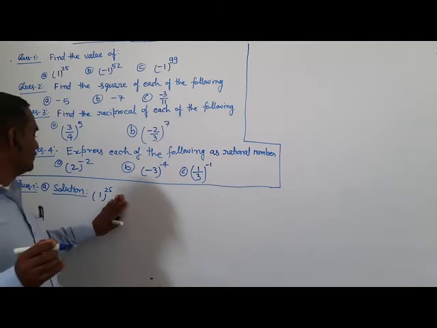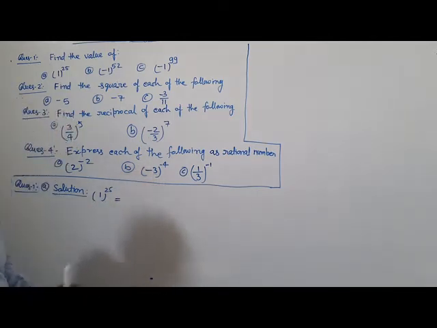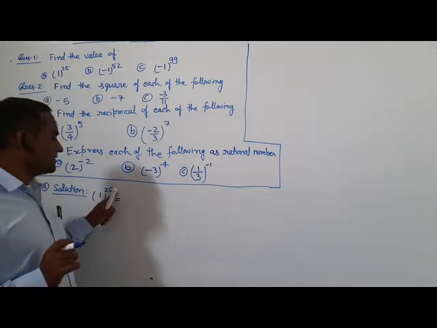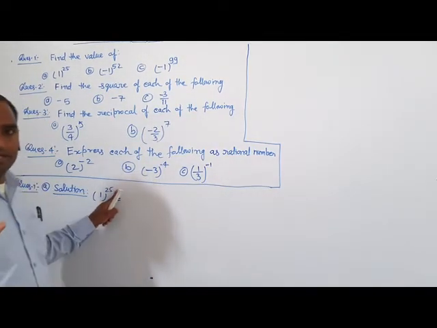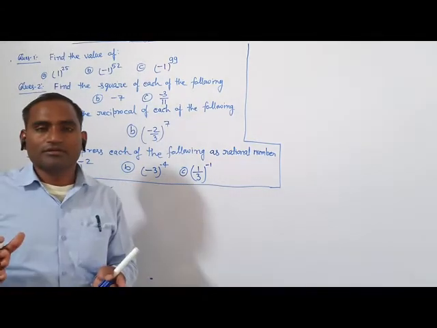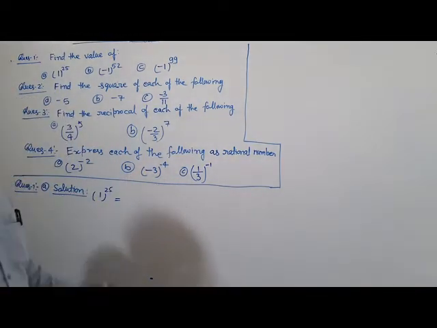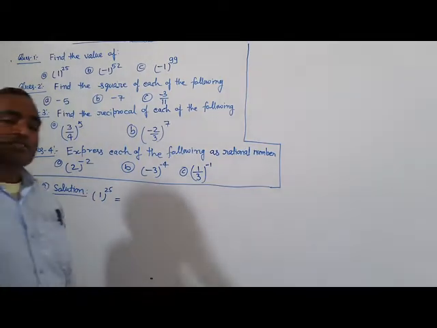But here we know if the base is 1 and power is any integer, either odd or even, the value of that is 1. 1 raised to the power something